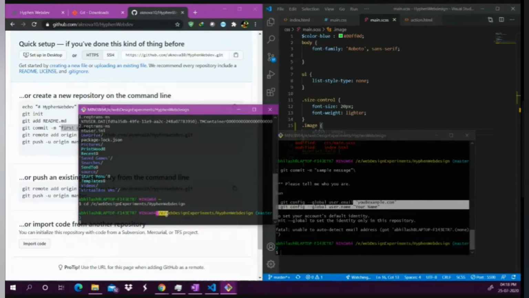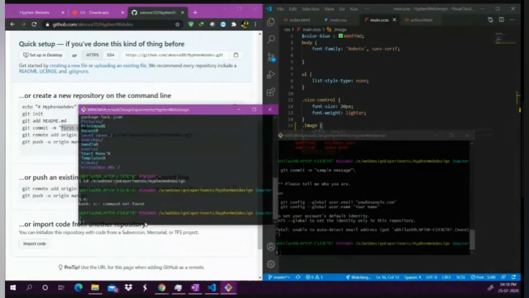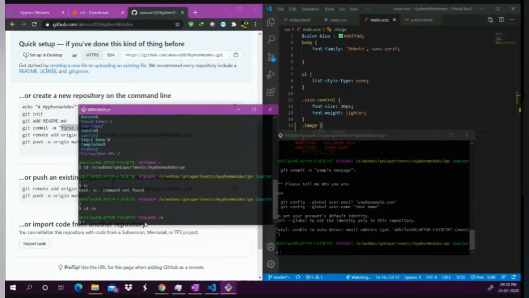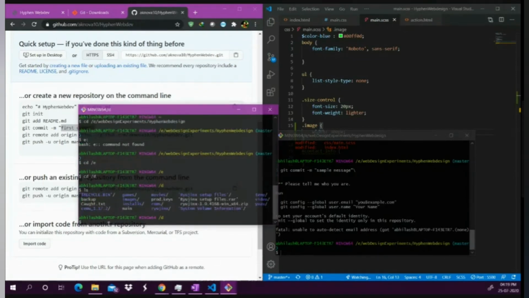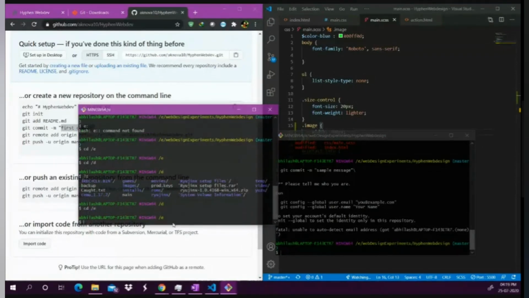So it is basically which drive you are using. So let's say it is E drive. Command E not found. Okay, sorry. cd /e. That will give you the local drive C, B, or E, whichever you are using. You have to use that. cd /b will give you local disk B. Then you have a command called ls. Using ls, you can see whatever is inside that. So let me go to cd /e, and from E drive,